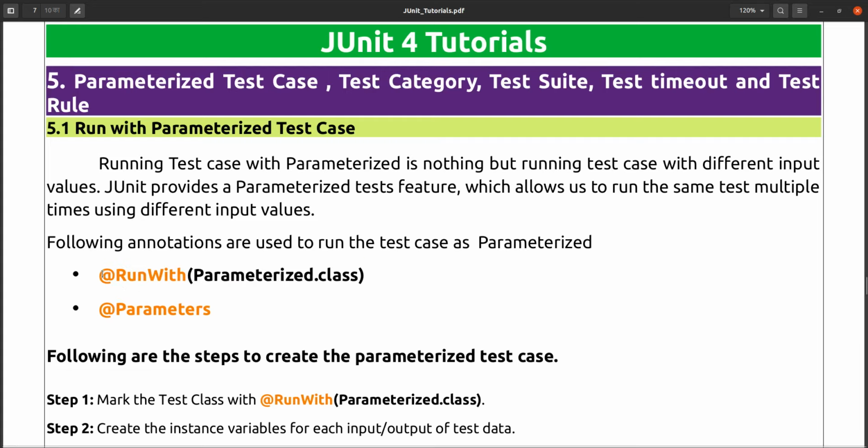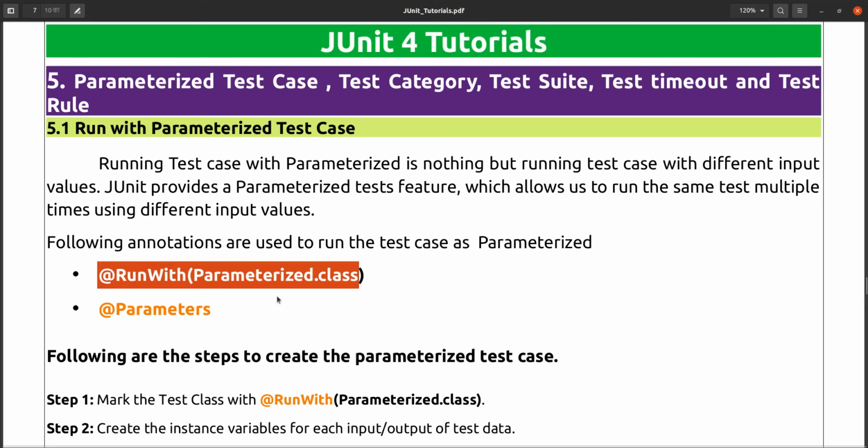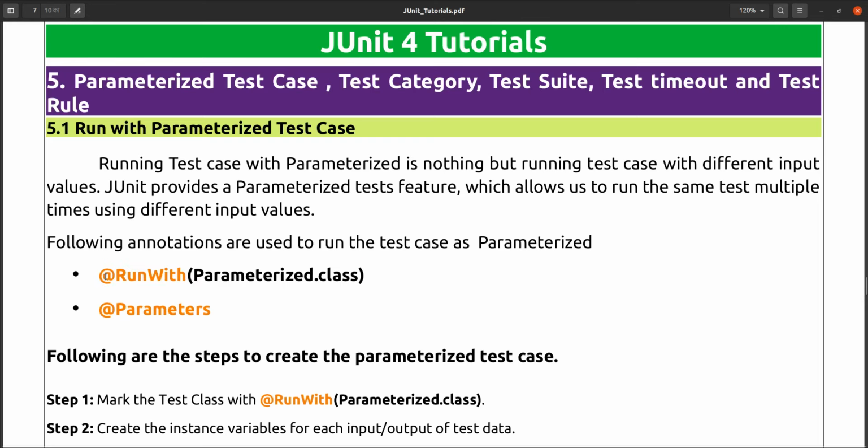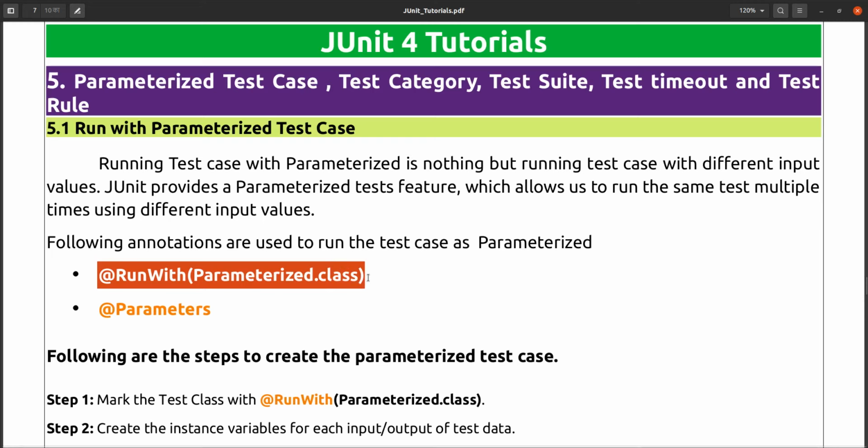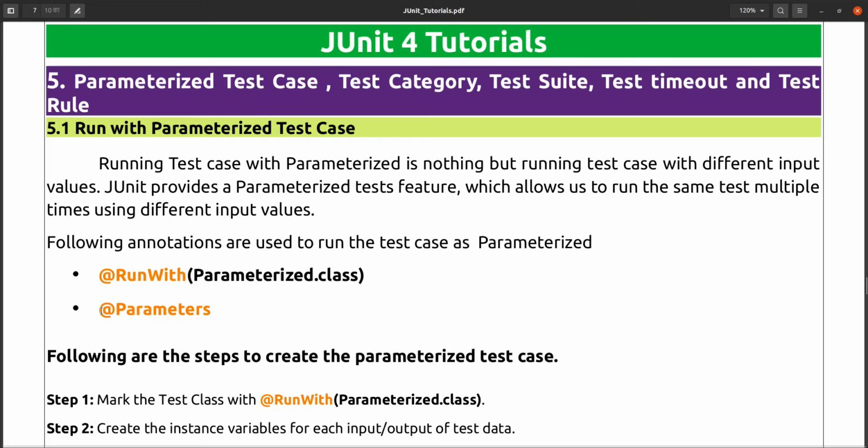One is RunWith. This is one annotation that we have to mark on the class level, on the test class. And Parameters we have to mark on one static method.